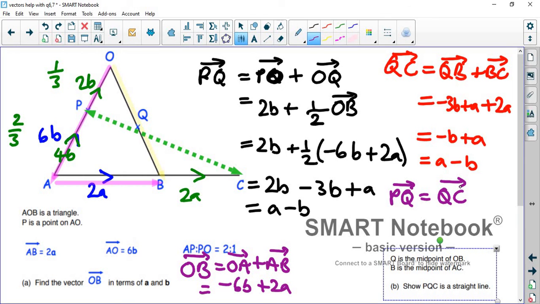Okay, so that means that they have the same direction. But also, they have a point in common. So because the point Q is in common, then it means that PQ and